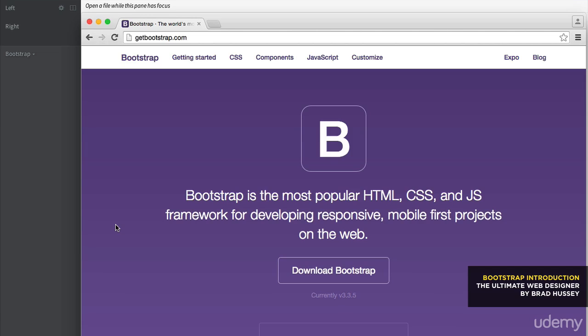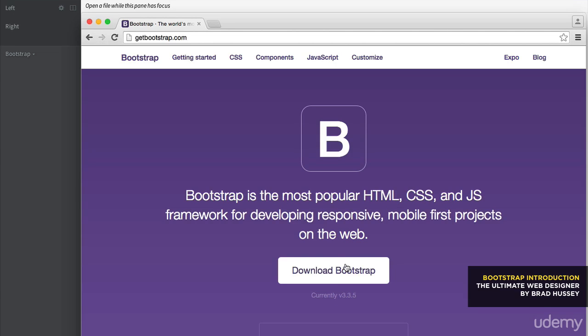So you're going to want to get yourself familiar with getbootstrap.com, the official website for Bootstrap. Now, a lot of people call Bootstrap Twitter Bootstrap because it was created by a couple of people at Twitter, but they've rebranded Twitter Bootstrap to just Bootstrap. It's more simple, and it's so commonly known now that they don't need to use Twitter in the name to get people to try it out and use it. It's the most popular framework for responsive projects on the web, as it says right there in front of my face. Okay,